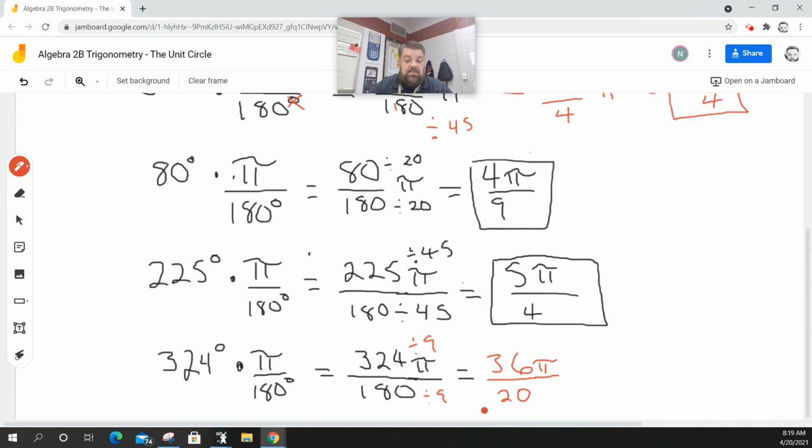Now, if I look at that, they're both divisible by 4 again. So I'm going to divide this by 4, divide this by 4, and I get 9 over 5, and then I just tack on the pi. And then that is basically it. So those are 4 problems that